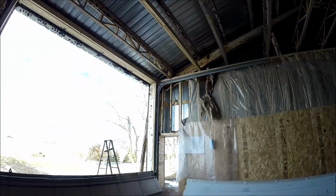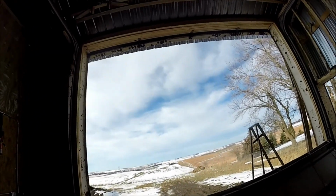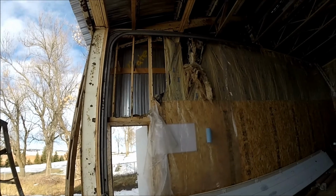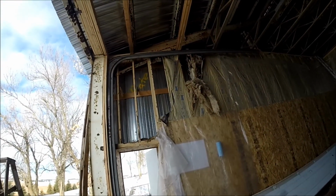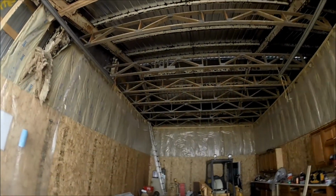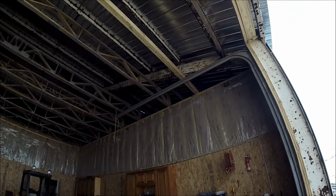As you can see, I started with the garage door, and it's been fairly frustrating so far. Just things that aren't necessarily lining up the way they did when we took it apart. But I guess we'll overcome that. And I've got a good grasp on getting the rail up there. This one pretty much just needs the hanger on that end. This one's got a few alignment things I got to do with it yet,